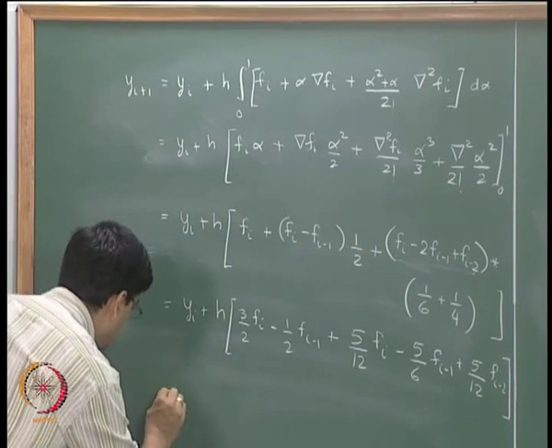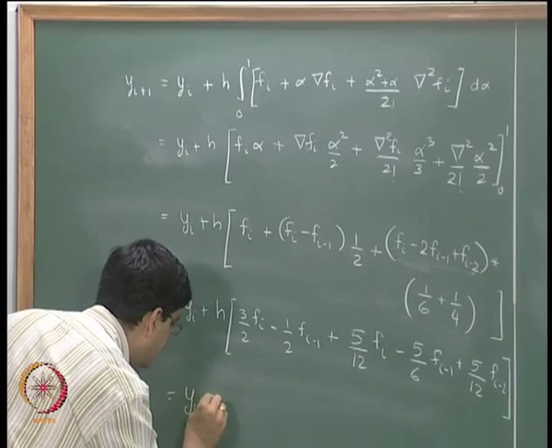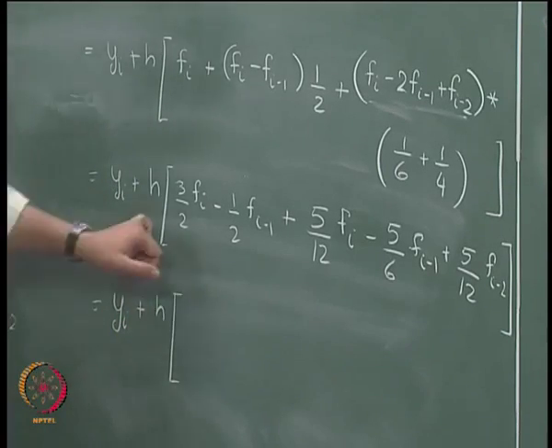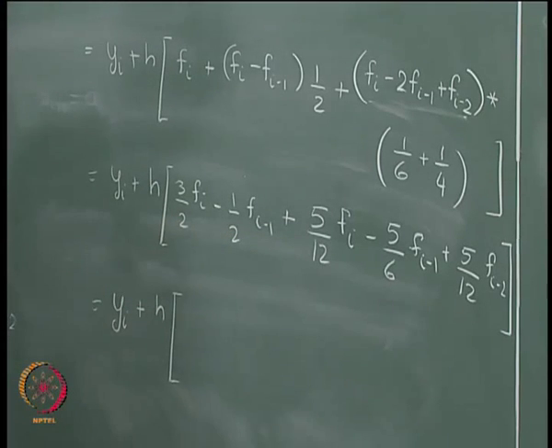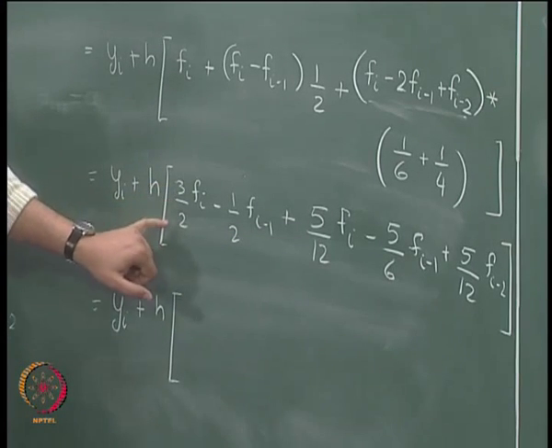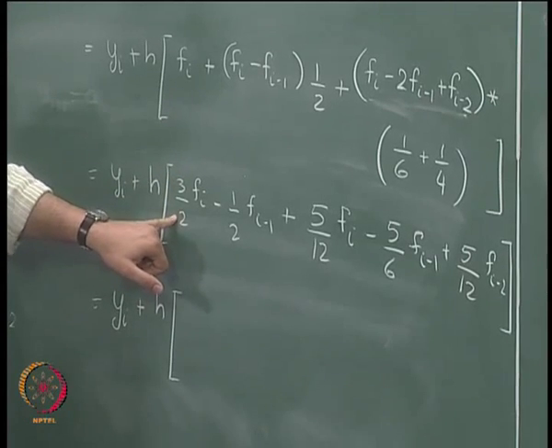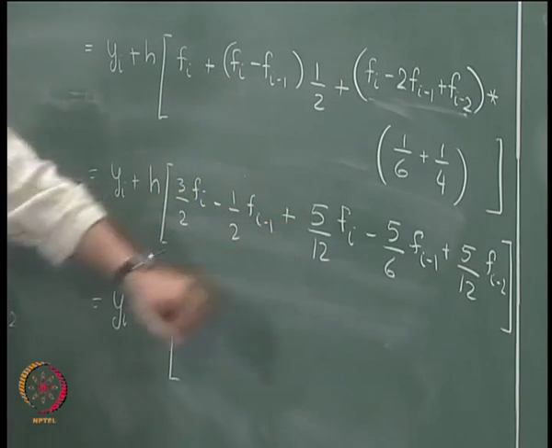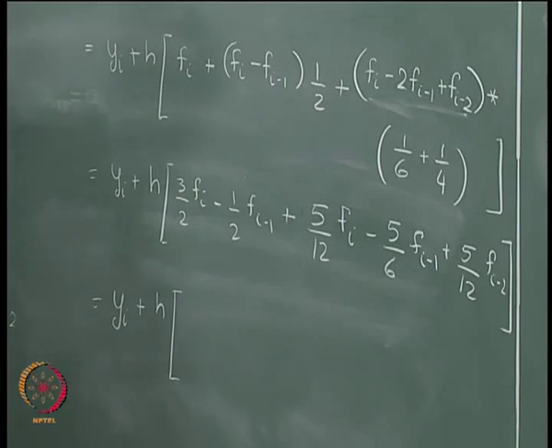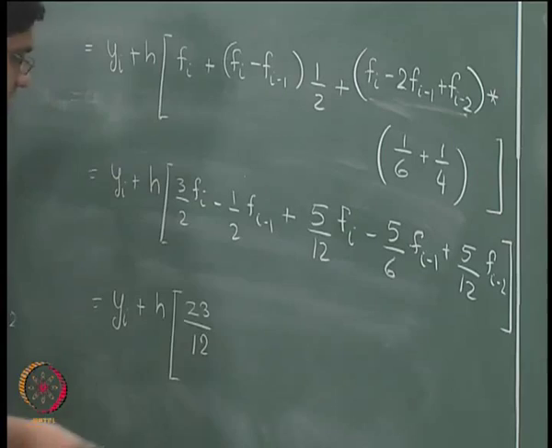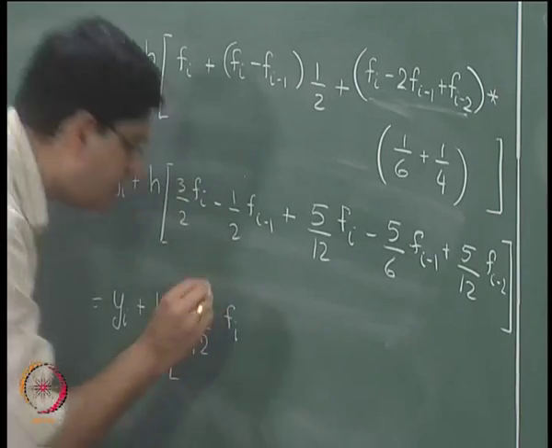Okay, and this finally will lead us to yi plus h multiplied by 3 by 2 plus 5 by 12. So that is 18 by 12. So 18 plus 5 is 23. 23 by 12 fi